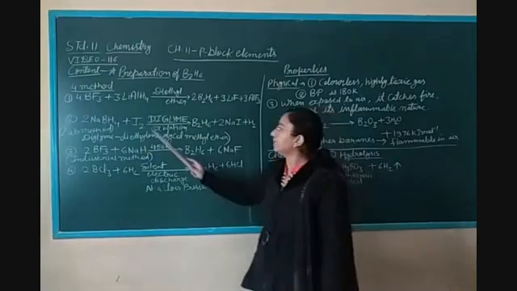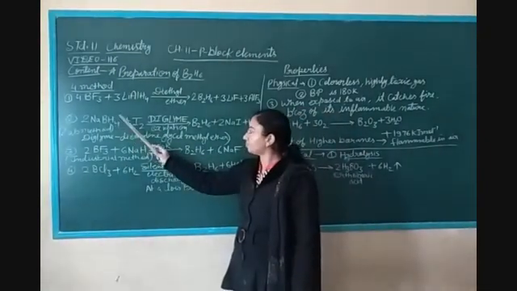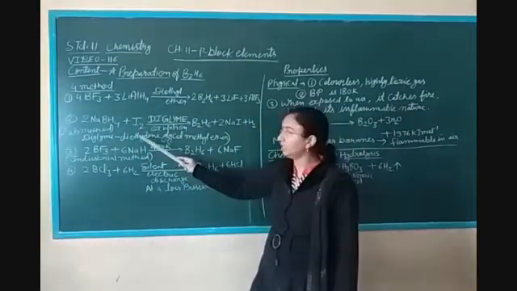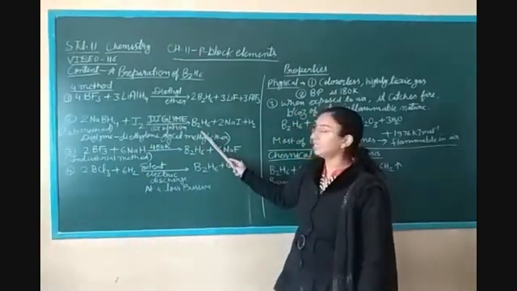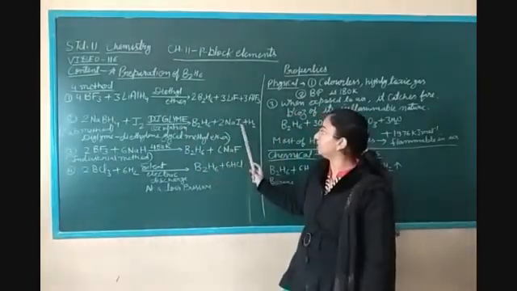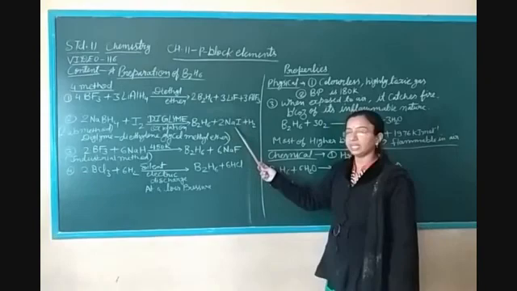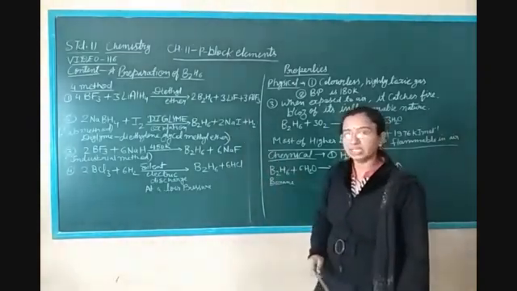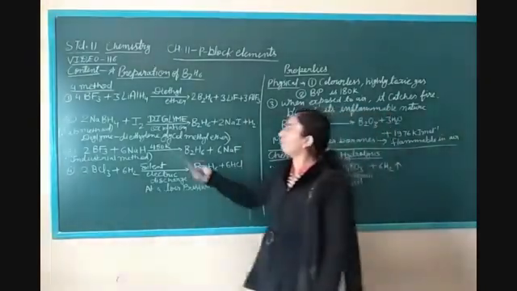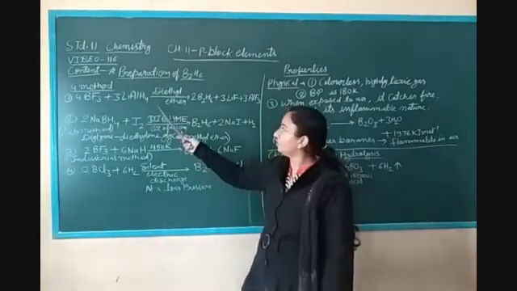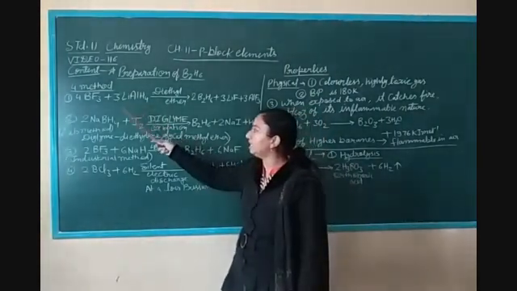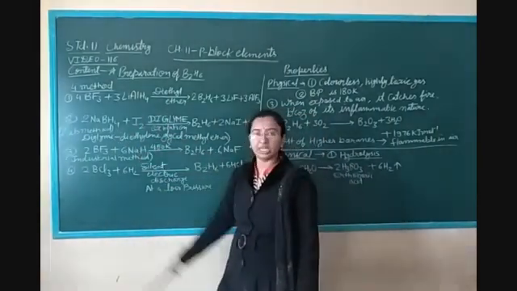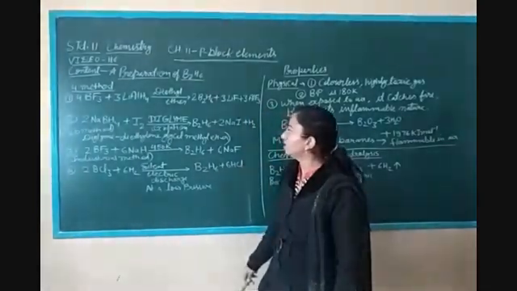Then sodium borohydride is oxidized by iodine and converts into diborane B2H6. The remaining products are sodium iodide NaI and hydrogen gas. In the first reaction we used a reducing agent, and in the second reaction the reducing agent is sodium borohydride.